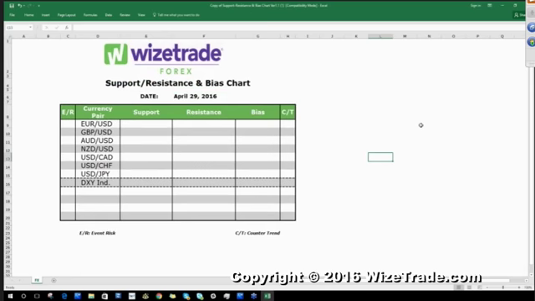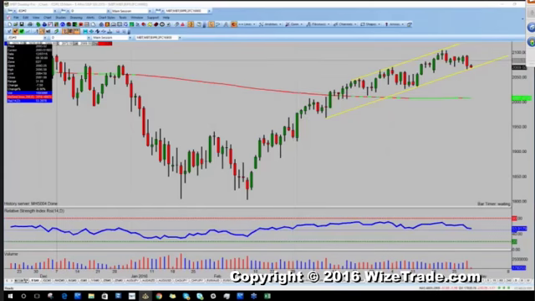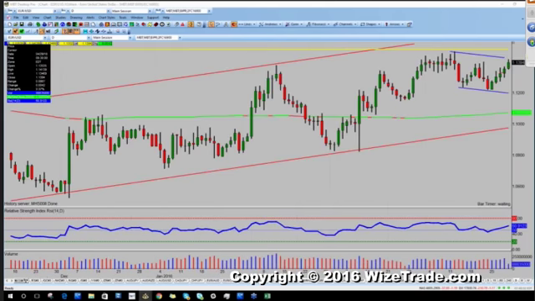Okay, there we go. All right, so our bias chart, and let's get to our analysis. Let's go over to the euro. So I am short the euro dollar. Fortunately, I picked up some euro hedges yesterday, buying the euro Aussie and euro New Zealand, and those should perform well should the market get risk averse,